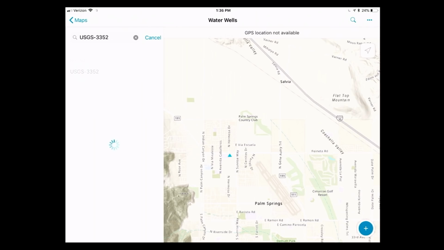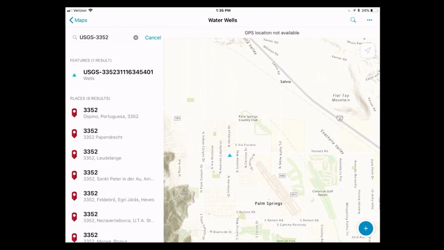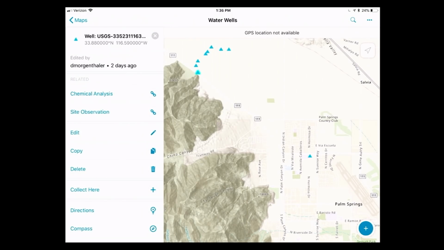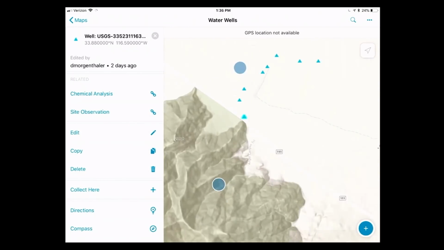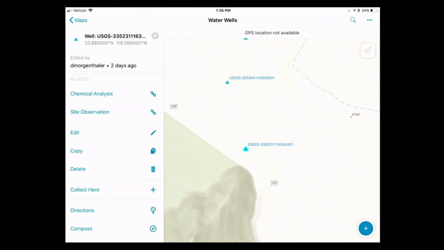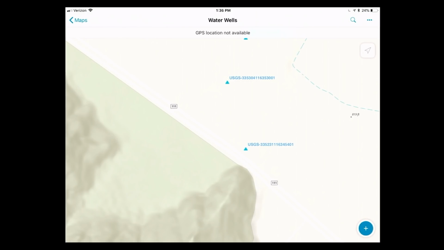So here I've got a previous search that I've already run, and you can see that not only do I get some places, some addresses and whatnot, but I also get one of my wells back. So here I've got a well that I believe I previously inspected, and I needed to update the information for that particular inspection. Now, I know it was near Highway 111, but I'm not 100% certain that this is the well that I need to update. So one of the things that we've had in current versions of Collector and Collector Classic